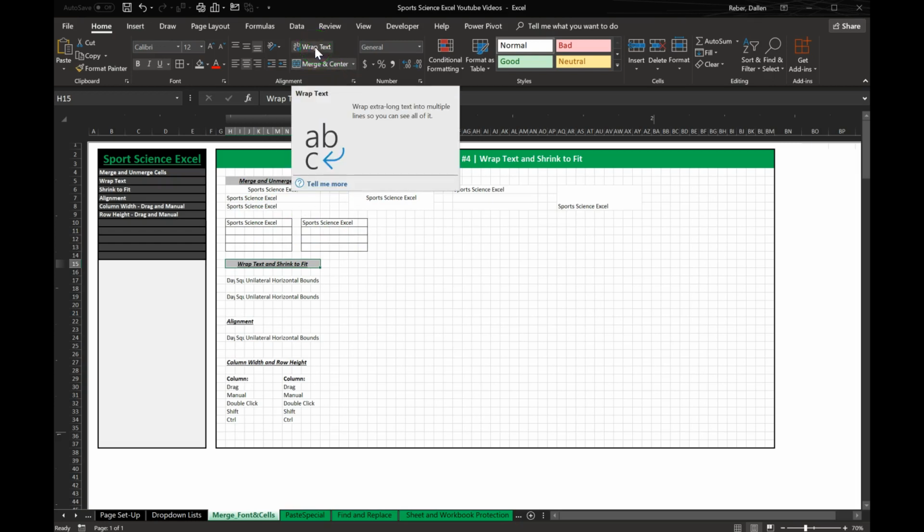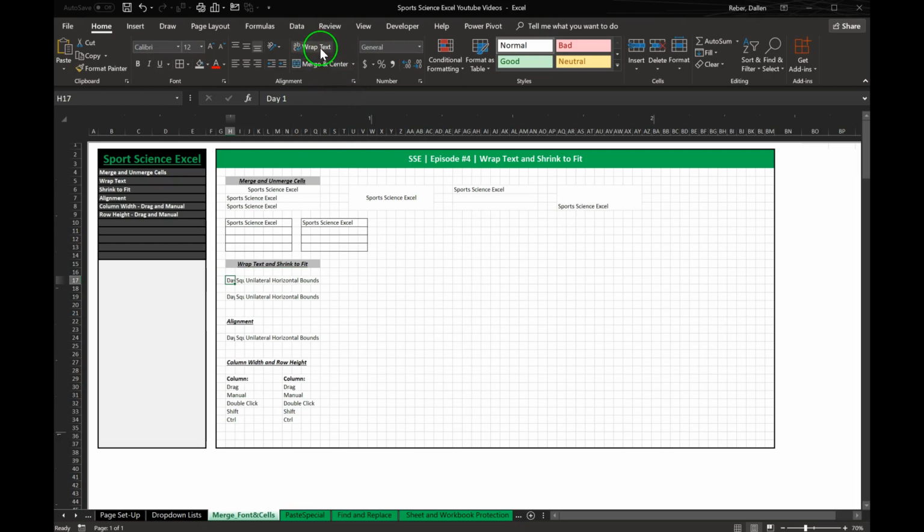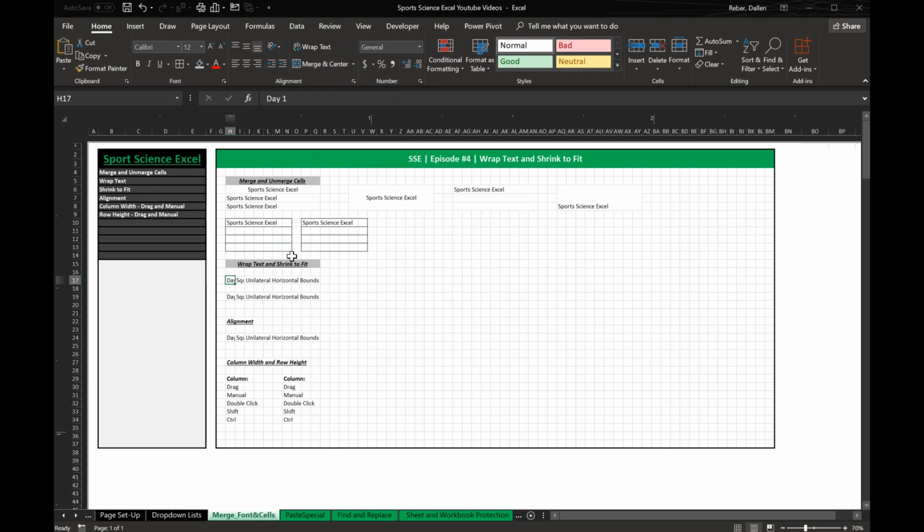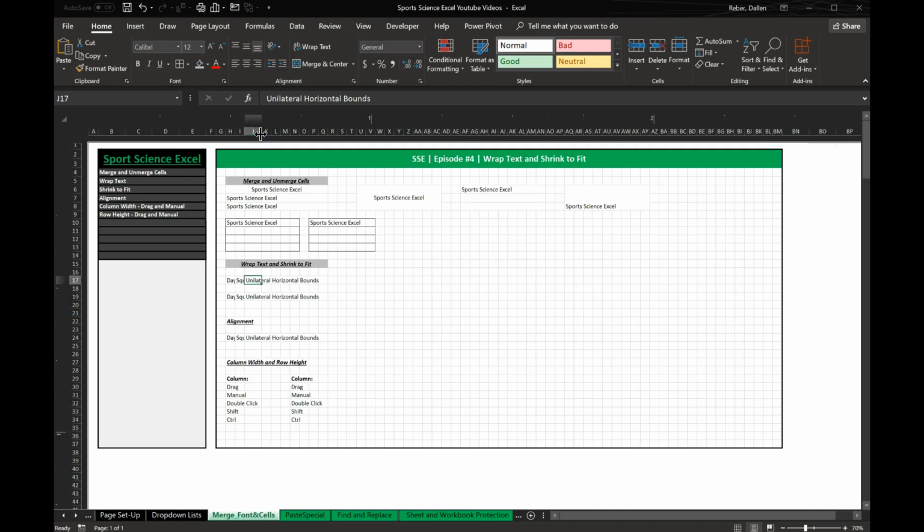So this function up here, wrap text, basically tells the cell to create another row when the text has reached the end of the cell. Let's look at this cell, for example. You can see it's a small cell and it contains text that says unilateral horizontal bounds. It's a lot of text for a small cell. So let's make that a little bit bigger, and then we're going to select wrap text, and you can see that